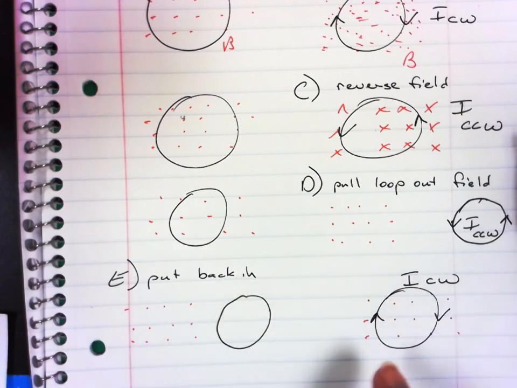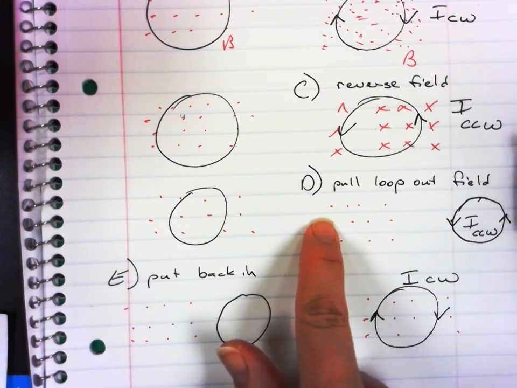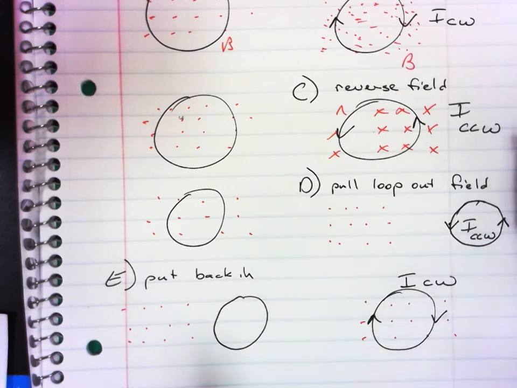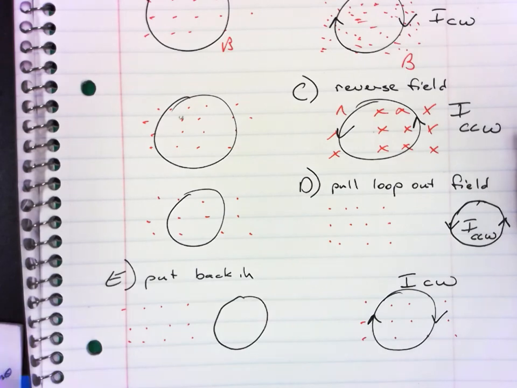So if you do this at a steady rate, say you had a mechanical arm that pulls it out, pushes it in, pulls it out, pushes it in, you're going to get the exact same amount of current, but in opposite directions. And so you would get a negative and a positive and a negative and positive. And this is that alternating current flow that we were talking about yesterday. So there's one more interesting consequence of this,